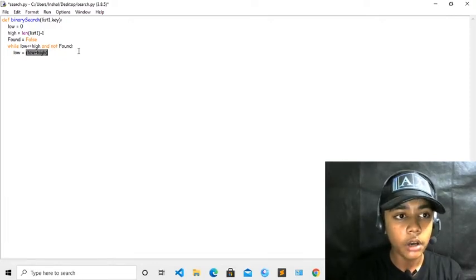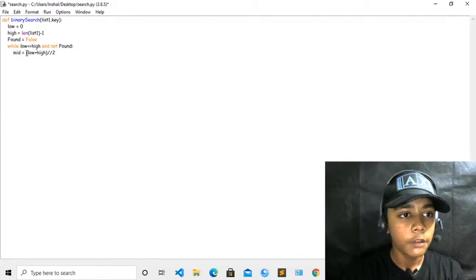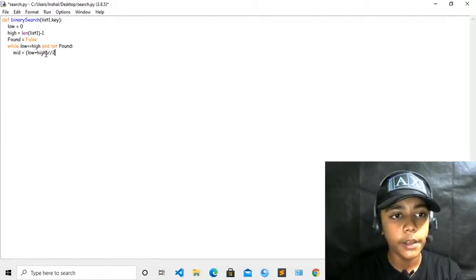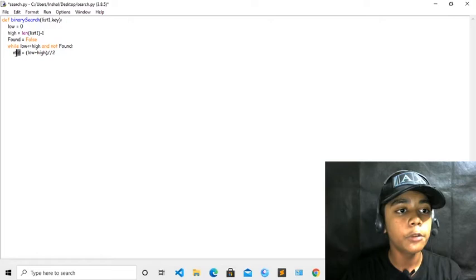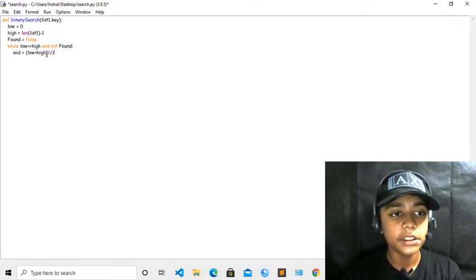Okay, now when you have done all this, here you have to write this sign, and here you have to write 2. Now because we are writing like this, we have to define mid here. We will also define this mid as we go forward. So first we have defined our mid with low plus high, because we are adding low with high. You have seen I have just given this slashes with 2 over here.